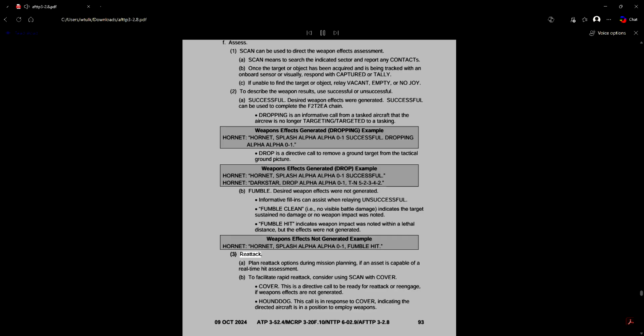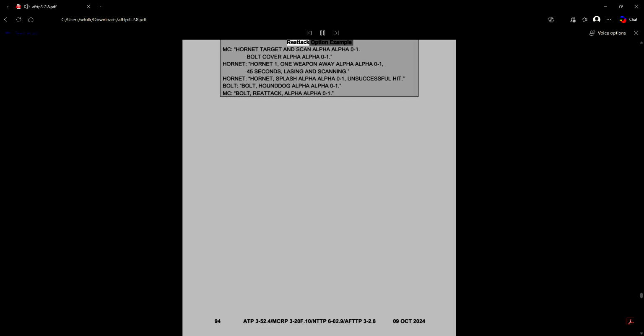3. Reattack. A. Plan reattack options during mission planning if an asset is capable of a real-time hit assessment. B. To facilitate rapid reattack, consider using scan with cover. Cover. This is a directive call to be ready for reattack or re-engage if weapons effects are not generated. Hound Dog. This call is in response to cover, indicating the directed aircraft is in a position to employ weapons. Reattack option example.